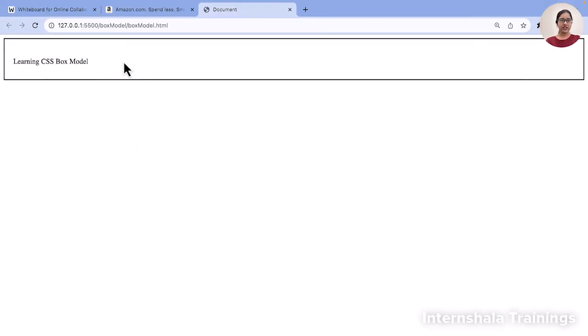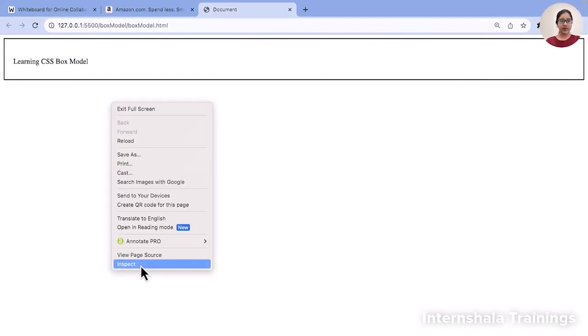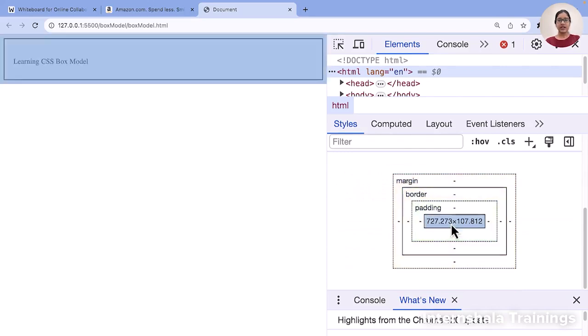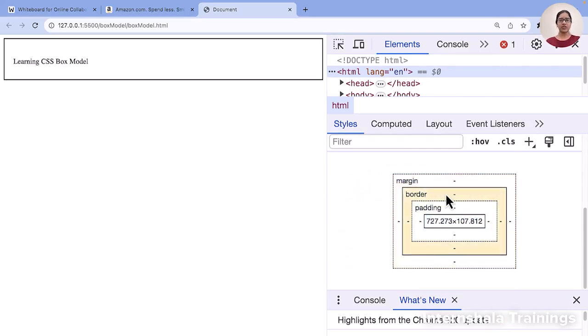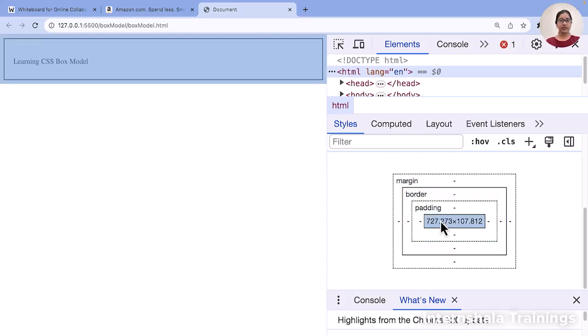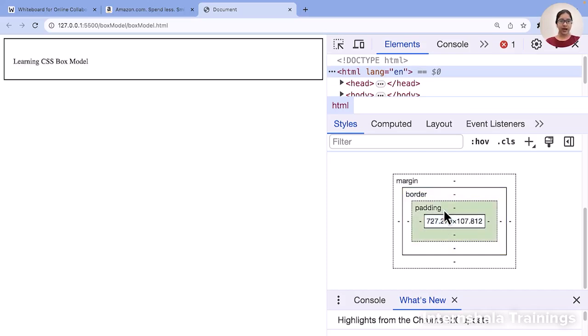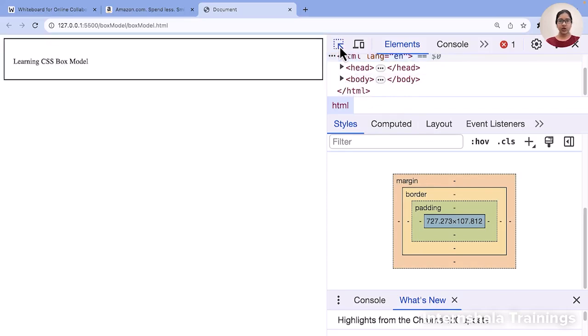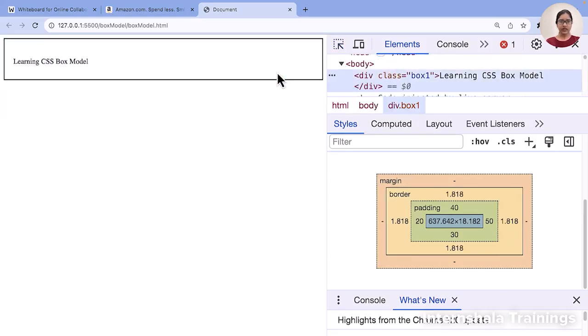How can you check whether the correct padding is provided or not? You have to right click and go to inspect. Once you go to inspect, we have this diagram which depicts that everything inside a CSS HTML page is a rectangular box. Here it is showing some width and height, and this padding and border. It is showing for the complete HTML page, so I need to go and select this box, this div. Now it is showing for this box.